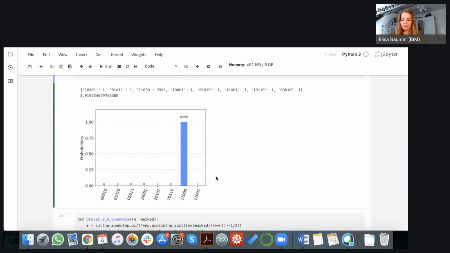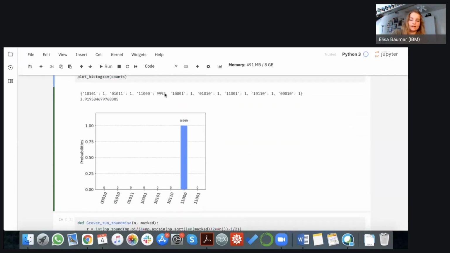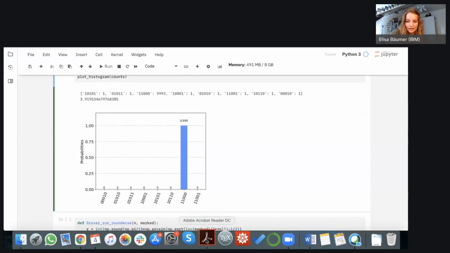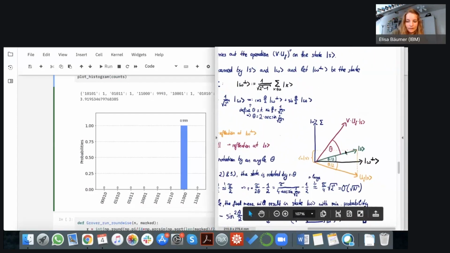And now you might wonder where that comes from, because the obvious answer would be noise, but no, actually we cannot have any noise here because we're using the simulator and we're not modeling any noise. So this is really no noise. But as you may recall from yesterday, if we turn every time by an angle of theta, in the end we might not exactly reach W, but we might go a bit below or a bit too far.